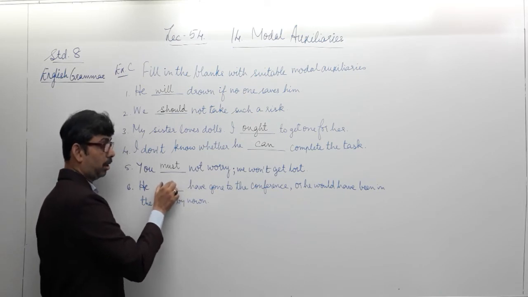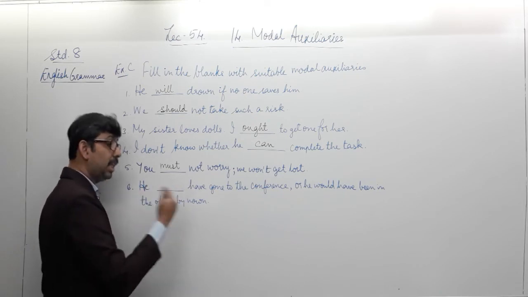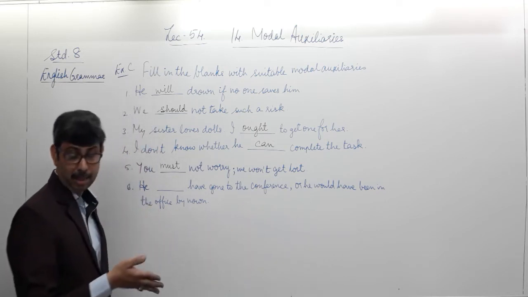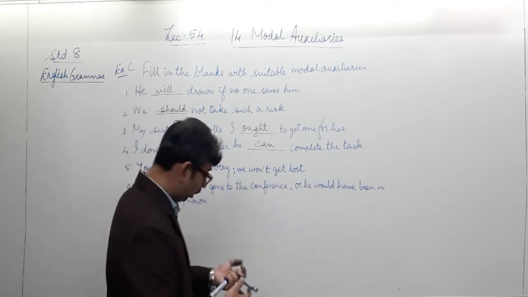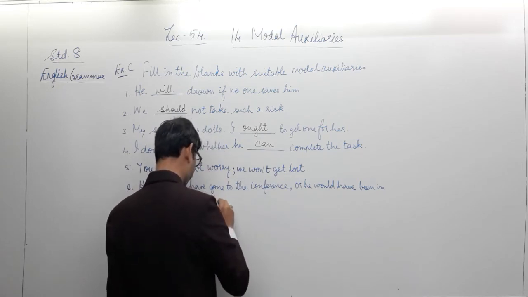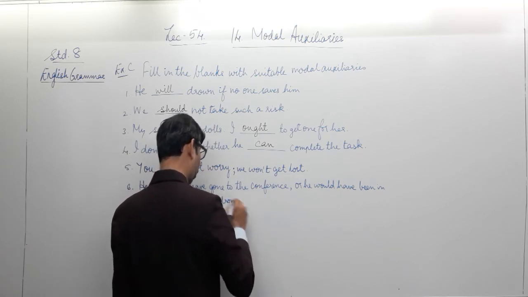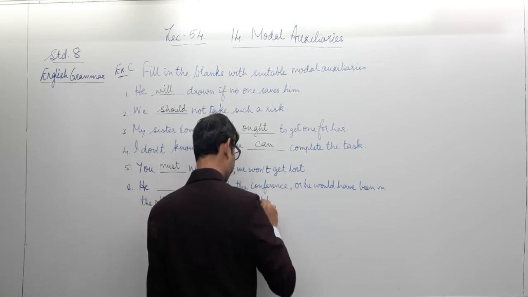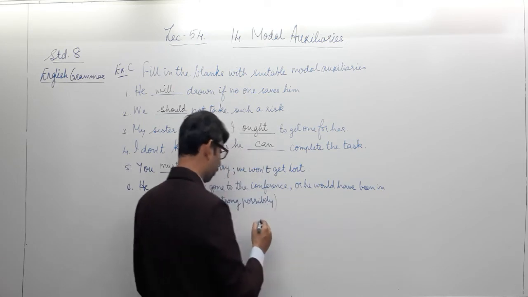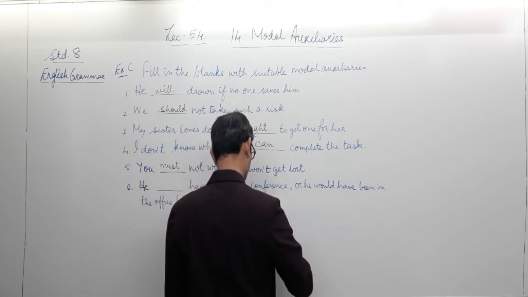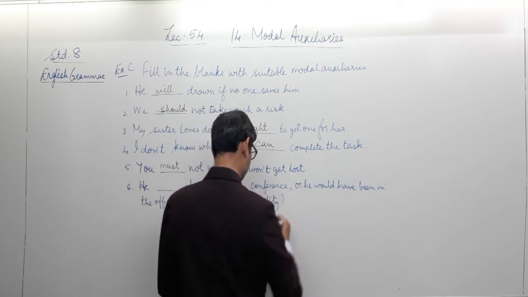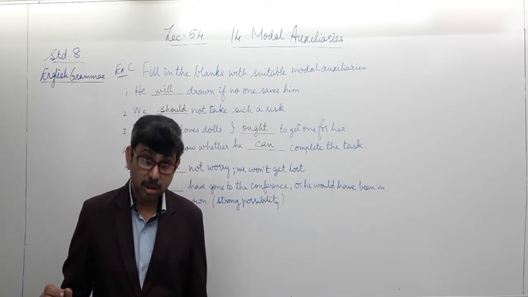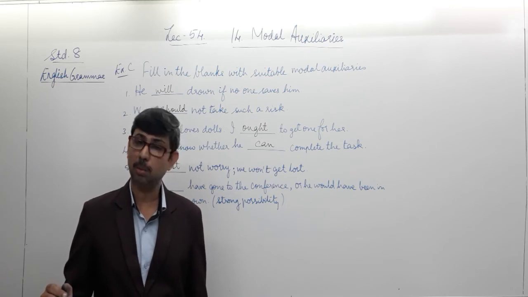So we are trying to say over here that definitely, certainly he would have gone to the conference. Otherwise, he would have been in the office by this time. And in the bracket, you've been given the word a strong auxiliary. So we were supposed to select a word expressing a strong possibility of certainty. So you are certain that he must have gone to the conference, otherwise he would have been over